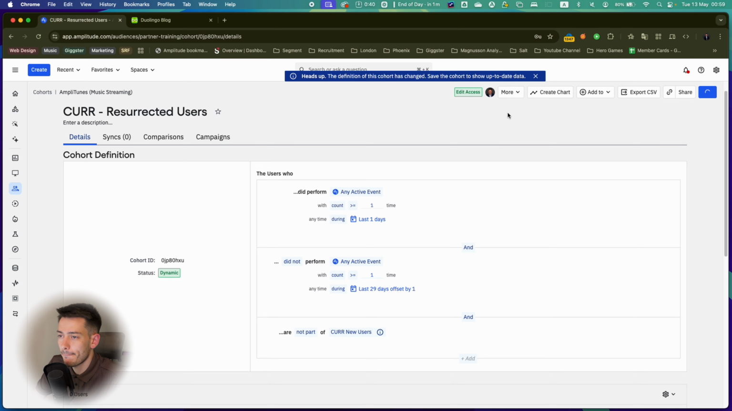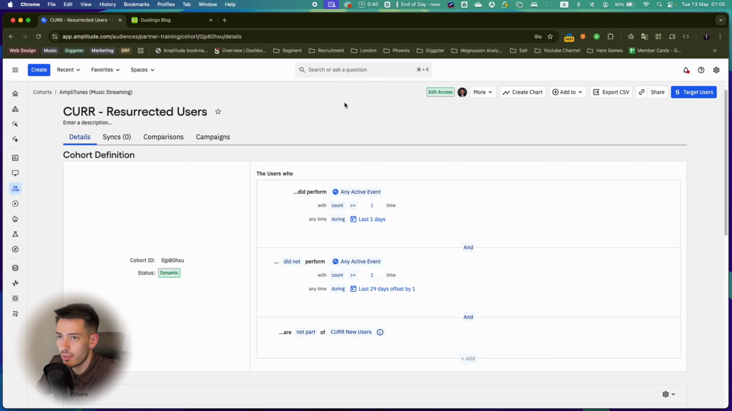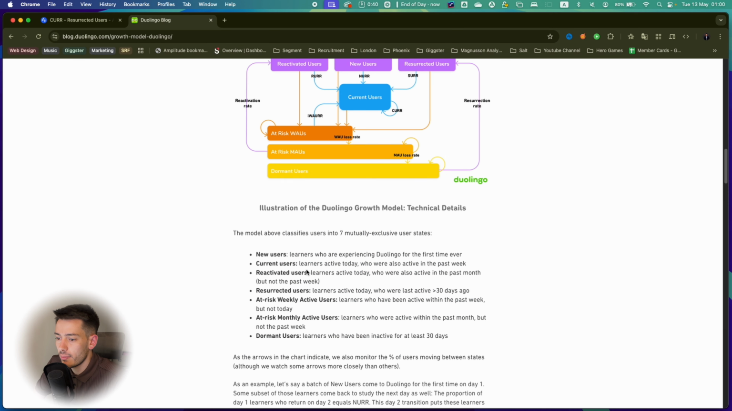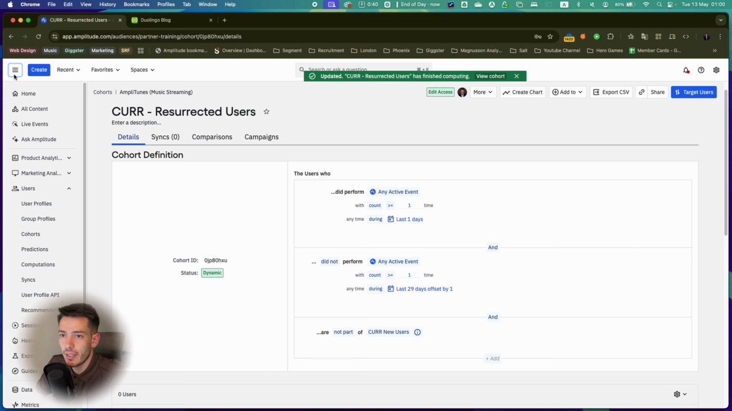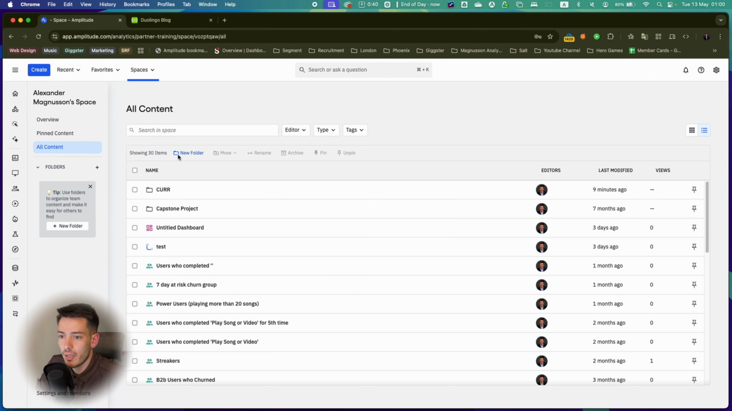Save that one down. I will go through and clean up those names in a second because that's going to drive me crazy. Right, so then at-risk weekly active users, users who had been active within the past week, but not today. So now if we go back and we take a look, and this is where we should be able to speed things up a little bit. If we go into my space,